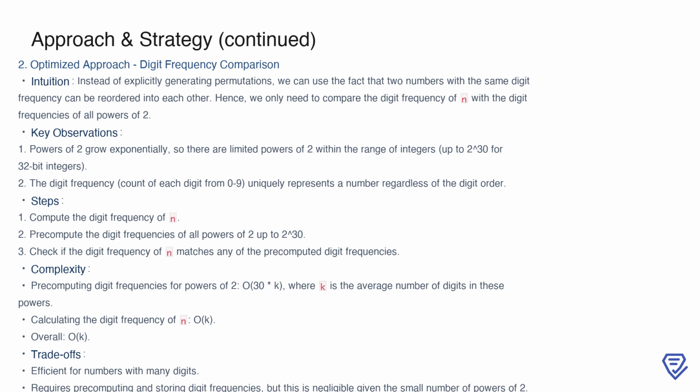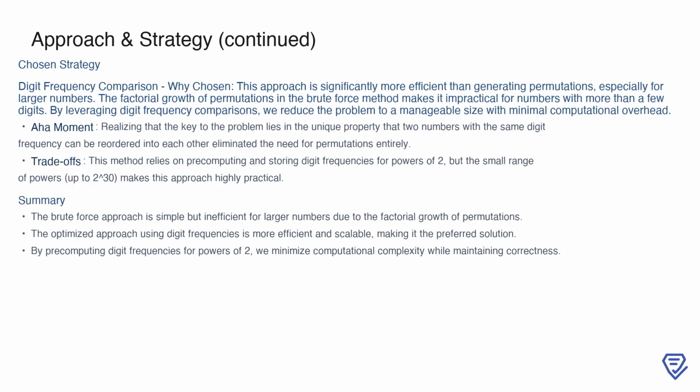Computing digit frequencies for all relevant powers of 2 is linear with respect to the total number of digits involved, and calculating the digit frequency of n itself is linear in its number of digits. This makes the approach highly efficient and well suited for numbers with many digits. The chosen strategy for this problem is the digit frequency comparison approach, and it was selected due to its substantial